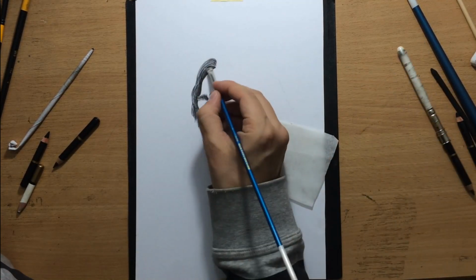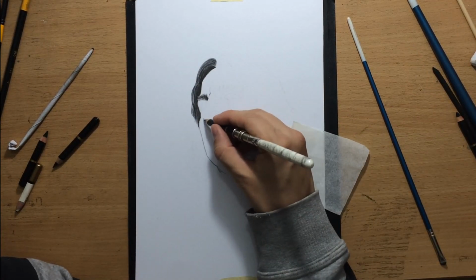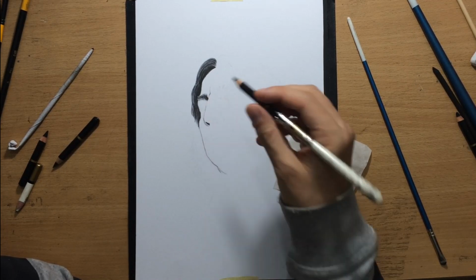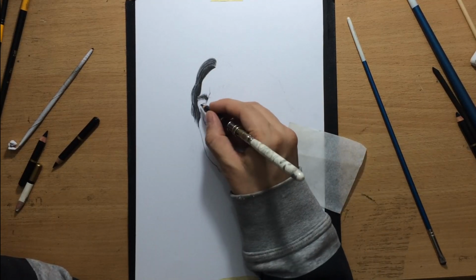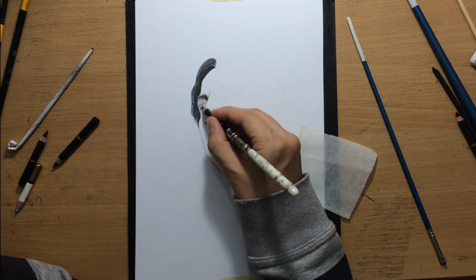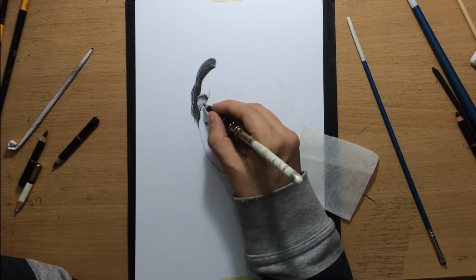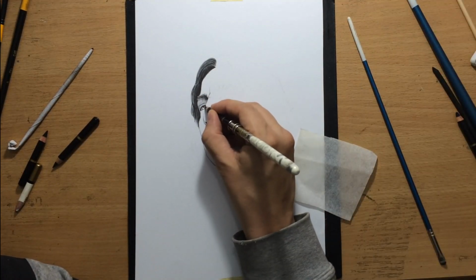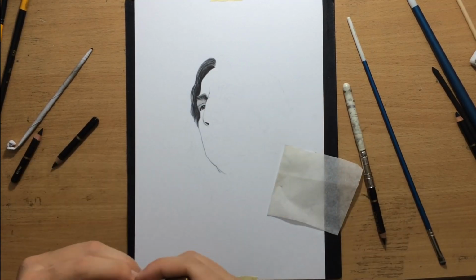Now one of the things that I like to do is define the darkest areas first when I can, when I'm doing these portraits, because that really helps me navigate through the rest of the portrait a lot more easily. When I have those darker bits in place, it helps me establish the contrasts more easily. It helps me determine how much value I need in other parts of the face. So that's just something I like to do, and here I started by drawing that darker area to the left of